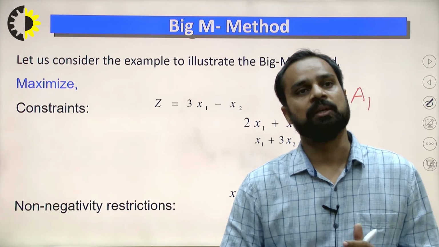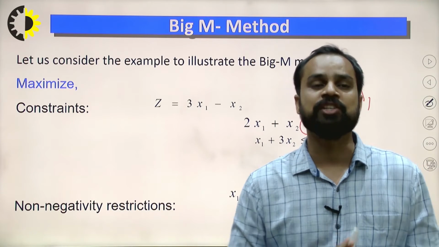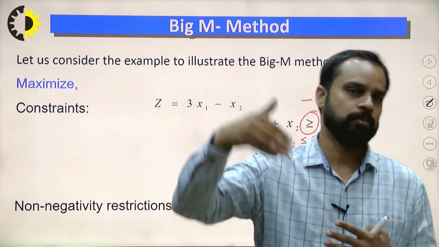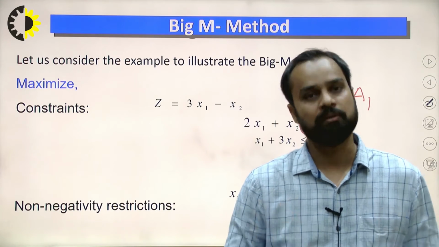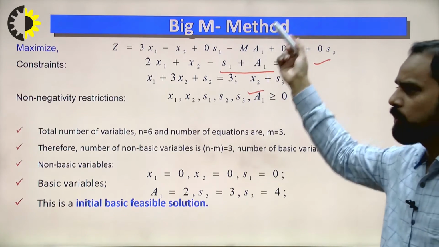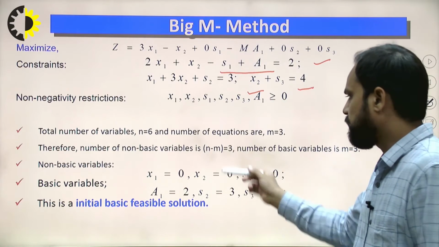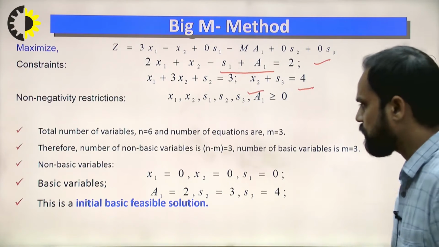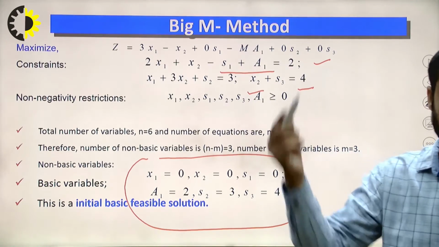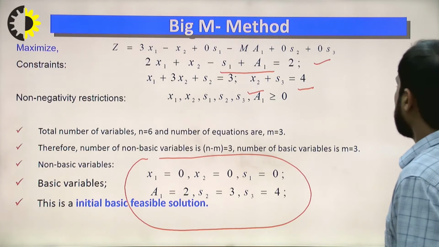The basic criterion to solve any problem with the help of the simplex method is that firstly we have to find the initial basic feasible solution. Once we get the initial basic feasible solution, then we can proceed with further iterations to get improved values. I have already discussed how we can convert constraints into equations, how we get the number of variables and number of equations, and how we get the initial basic feasible solution. Many times in previous videos I have discussed this, so I am not going to discuss it again, just a recap so that we are able to connect to the class.